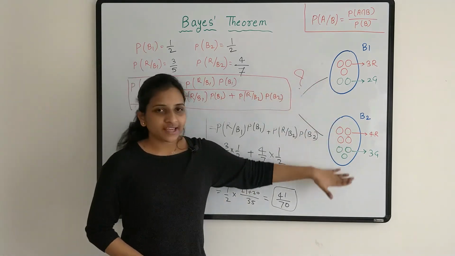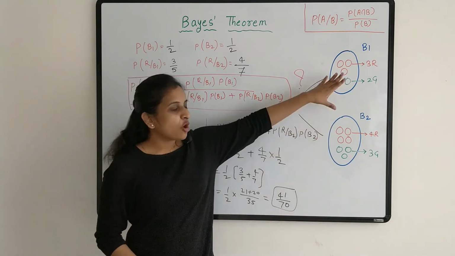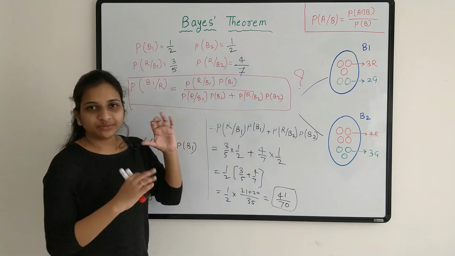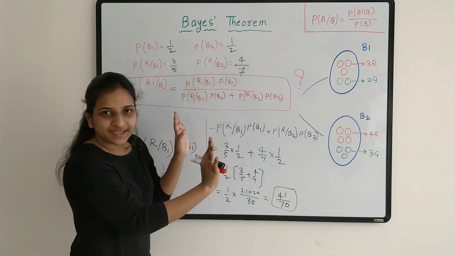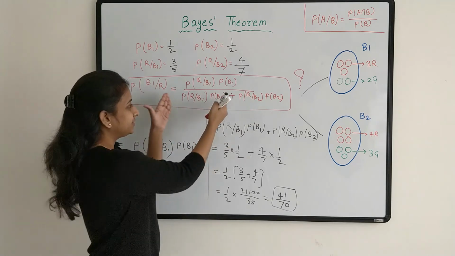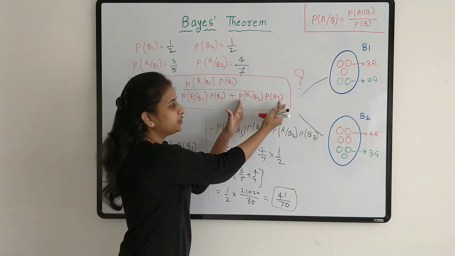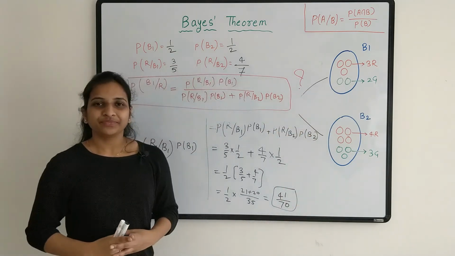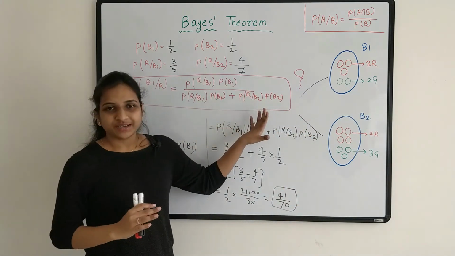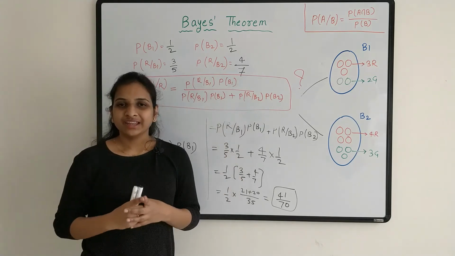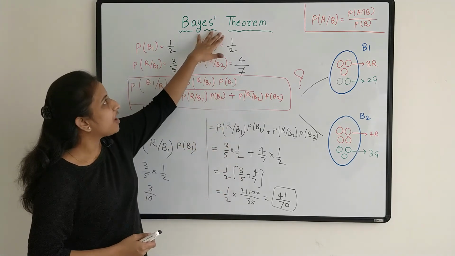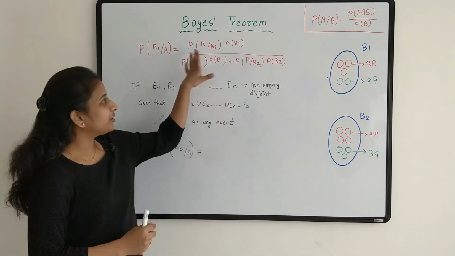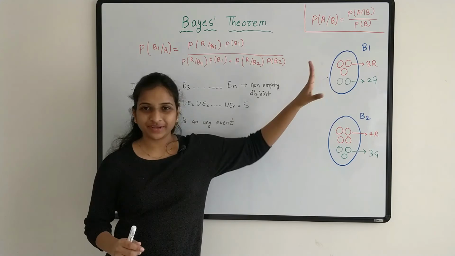Now consider that there are 7 bags with different combinations of red and green colour balls. Then this formula gets modified to: the numerator will be the same, and the denominator will be this term for bag 1 plus bag 2 plus bag 3, bag 4, till bag 7. It is just big, easy to remember. Now let's develop the formula of Bayes theorem. From this we can develop it. This is the formula we got for this example.